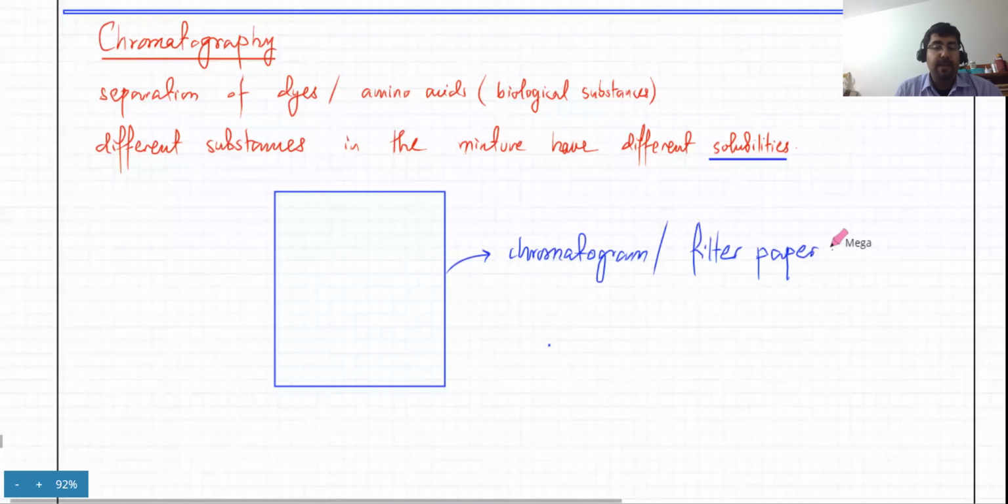So now, you have this at your home. Just take a piece of good quality tissue paper. Even a bad quality tissue paper would work. That could act as a chromatogram or a filter paper. And you'll be asked to draw labeled diagrams